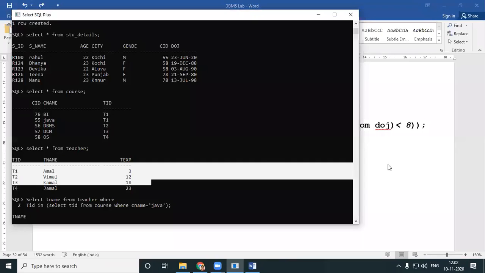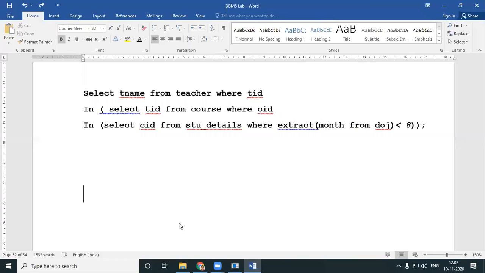Find the teachers who teach students who joined between August and October. So we'll write the query for that.